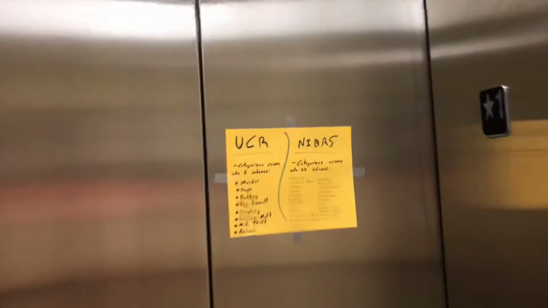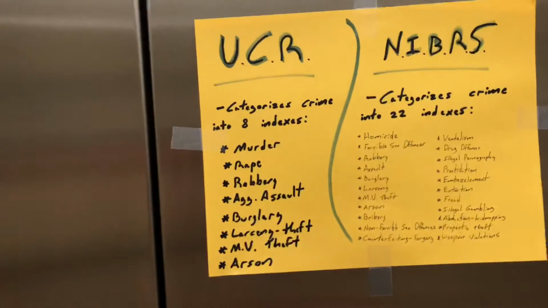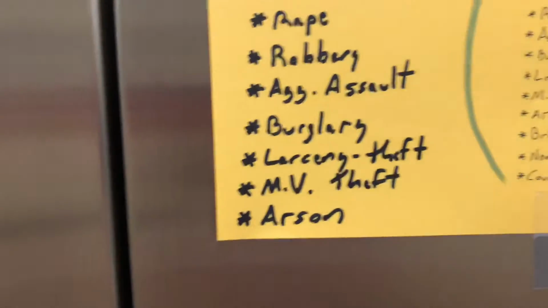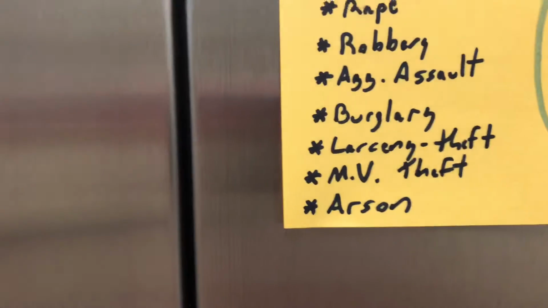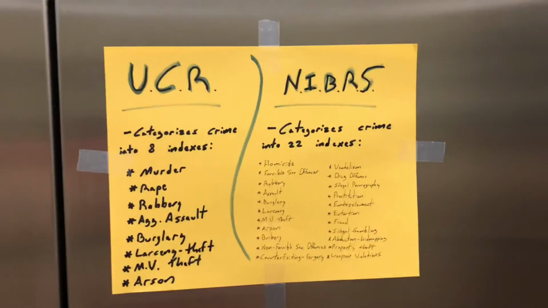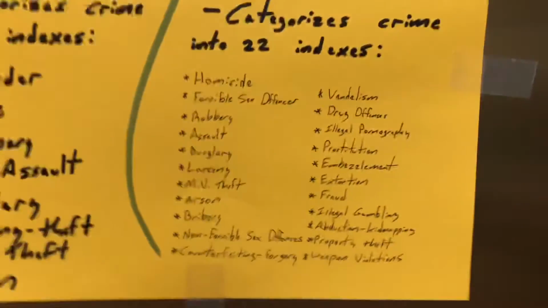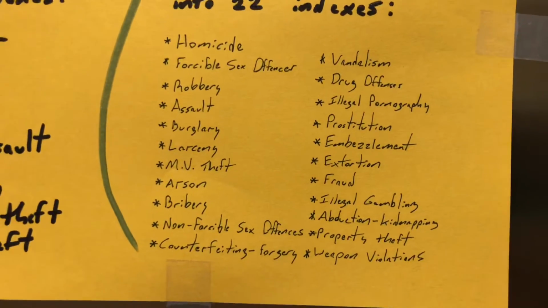the UCR categorizes crime into 8 indexes. That is murder, rape, robbery, aggravated assault, burglary, larceny and theft, which is in the same category, motor vehicle theft, and arson. The NIBRS, on the other hand, categorizes things into 22 indexes, those being homicide, forcible sex offenses, robbery,